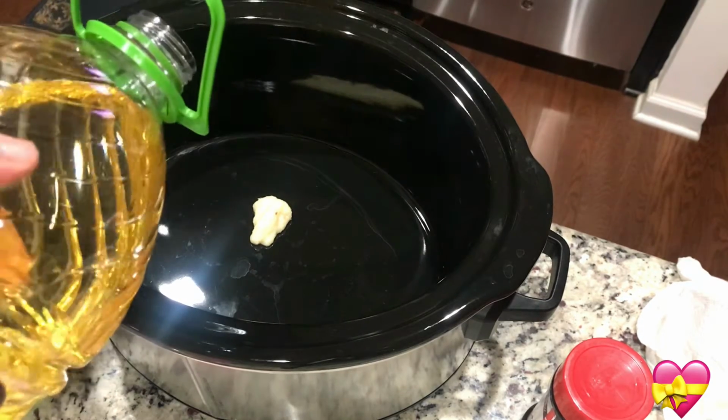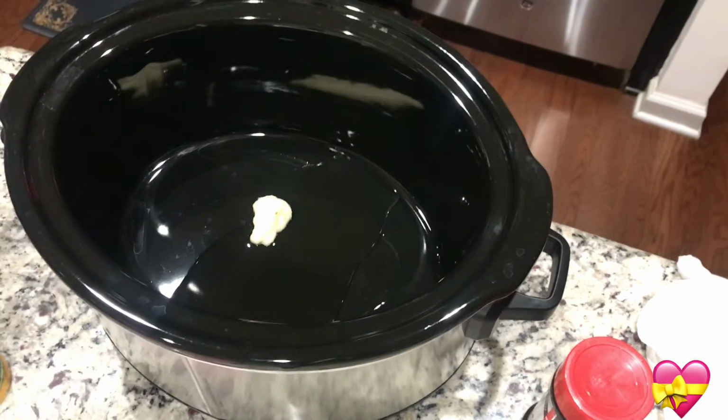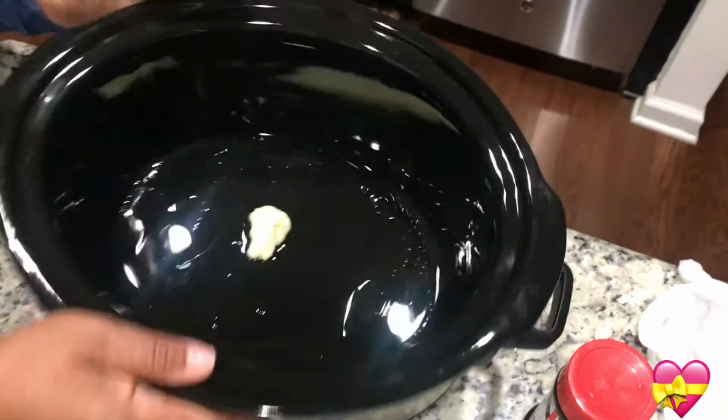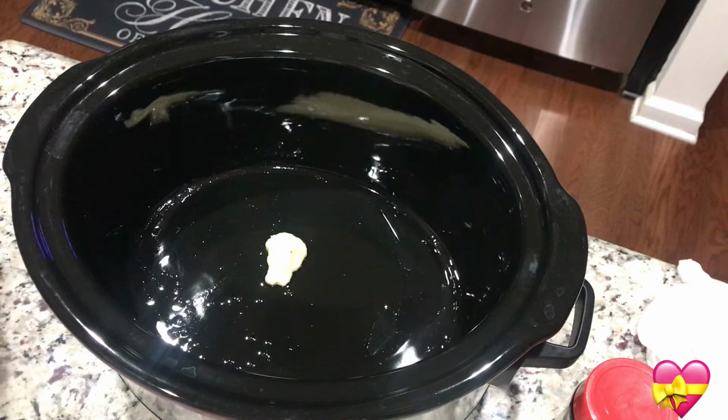So I would take 2 caps of grease just to line the pan, not too much grease. So if you look inside, guys, it's just enough grease to coat the bottom of the pan, right? And then after I do that,